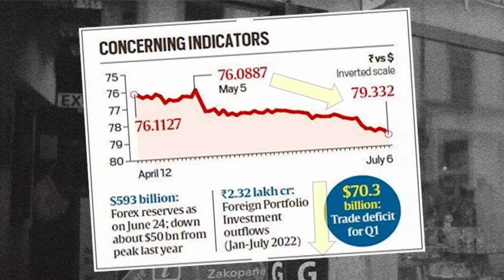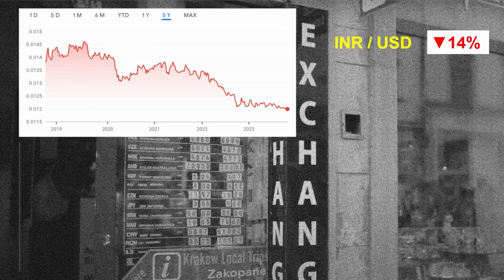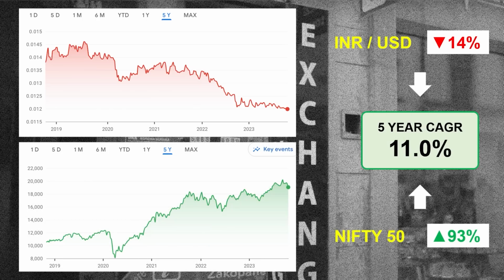Now, the local currency becoming stronger is not what generally happens in India or most emerging markets. And while global investors do factor in a degree of currency loss, if the rupee depreciates heavily or there are signs that this might happen, then it can lead to foreign investors pulling out of Indian equities, which will result in a stock market decline. This has been more of a non-event so far, and while the Indian rupee has depreciated by 14% in the last 5 years, the Nifty has risen by 93%, giving these foreign investors a decent CAGR of 11%.